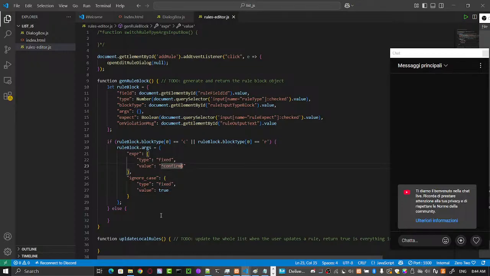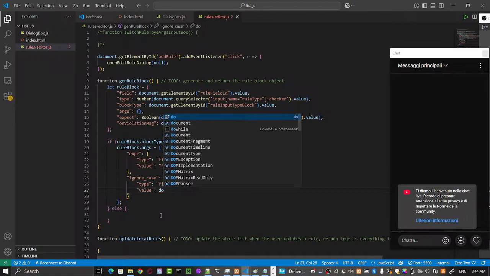So, oh, we also need to... okay, so the second part is much easier because we simply have to